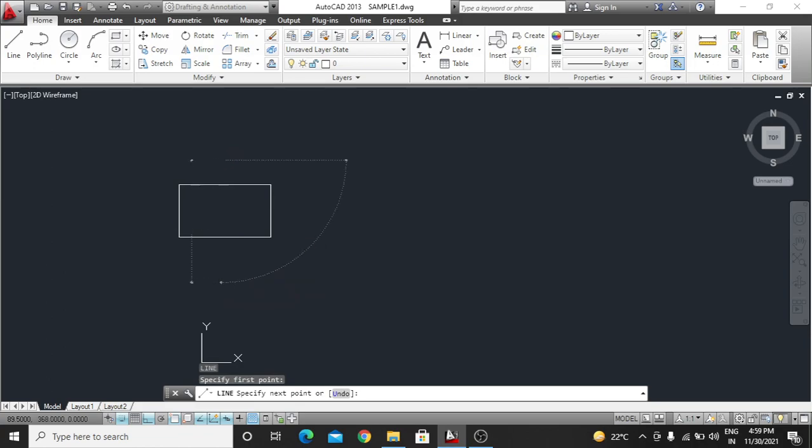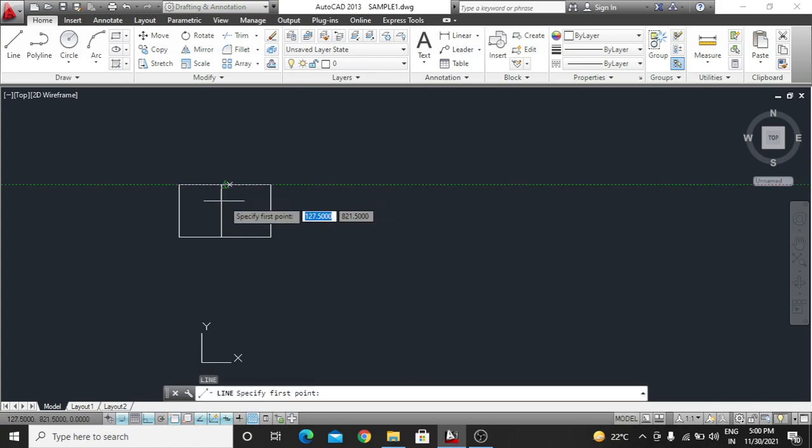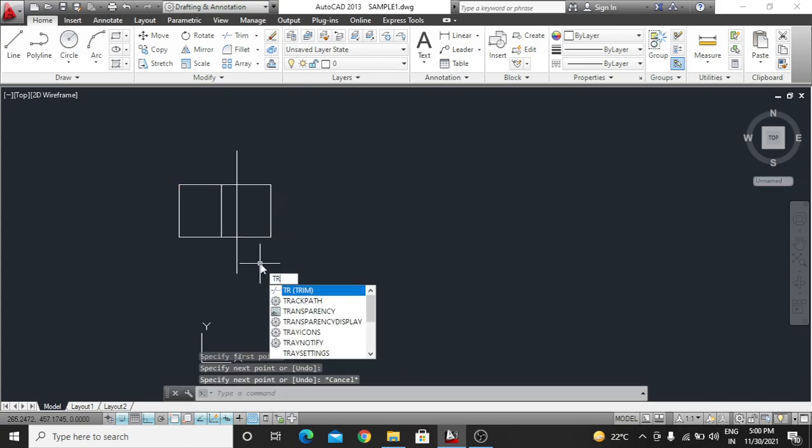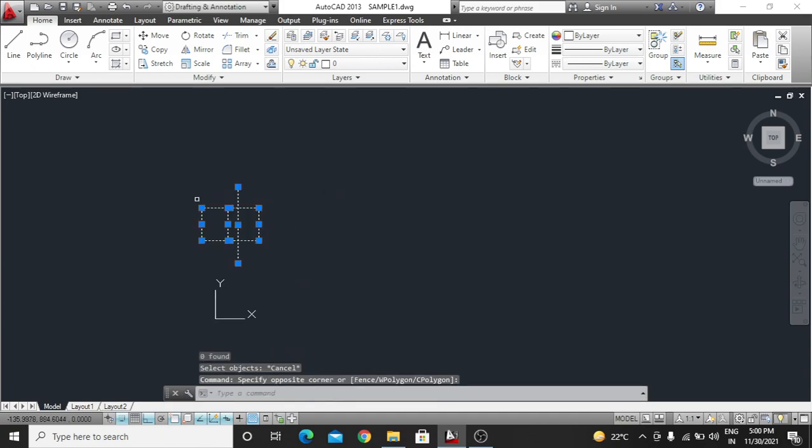Example, again I am telling you, trim, enter, right click, enter. Okay guys, if you never press the right click, you can see trim, enter, and without right click it will never trim the object, right?